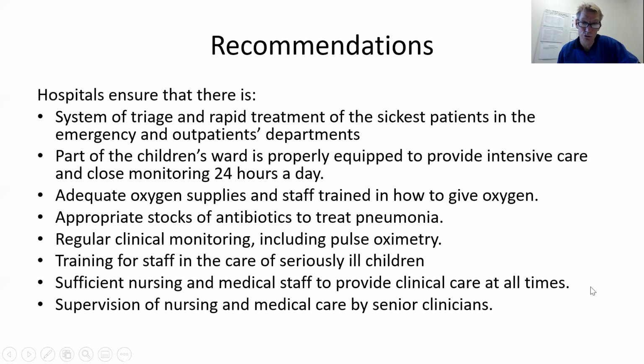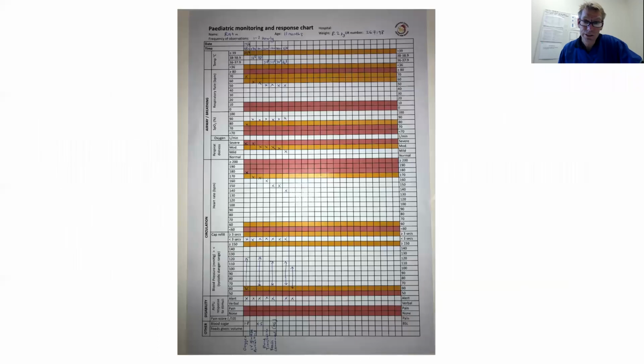And these are really crucial if we want to go below 3.1% for all cases of pneumonia and 7.7% for severe pneumonia. We'll only do that by putting in place these measures, I think. This is the sort of monitoring chart we've talked about before. In these talks, we've talked about this, and some of the hospitals are now trialling these types of monitoring charts